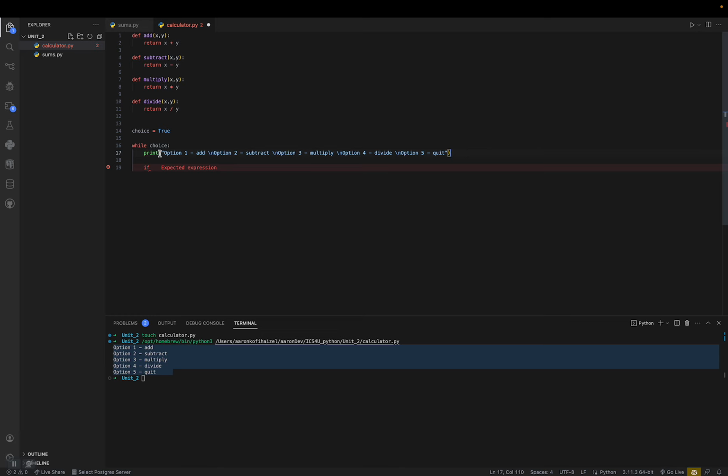Maybe I should put this actually in an input statement. So if selection equals the character one, then